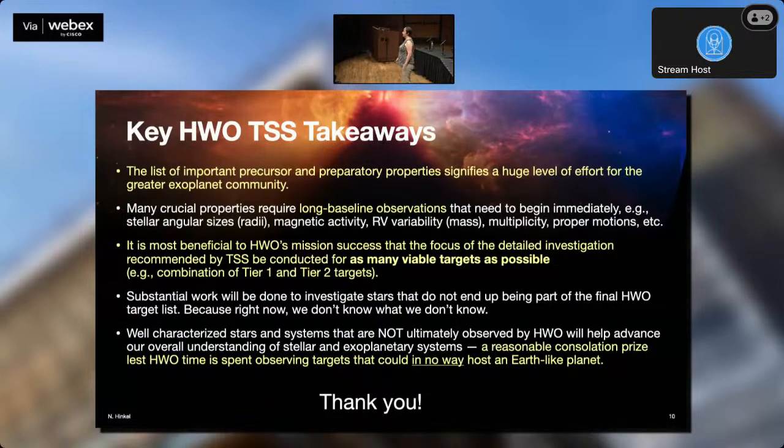So we must go after a larger than necessary sample to do these deep dive analyses for all of these properties. So by the time that we actually go and observe, we understand and know what we're looking for. And I think just having this extra data floating around for the potential targets that didn't end up getting observed, that's still helping us with our understanding of target stars and their systems. I think that's a fine consolation prize when it's all said and done. So thank you very much.